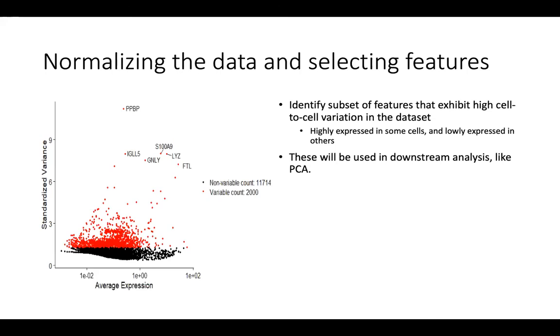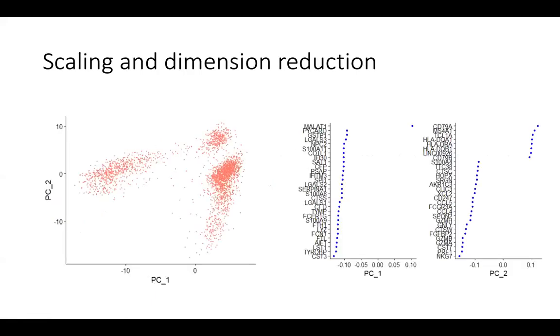So once we normalize, we do feature selection to identify the subset of features that can best explain the data that you're looking at. And this set of features are typically used downstream for analyses such as PCA, heat maps, clustering, and so on. So we typically select the top 2,000 most variable features or 3,000 most variable features. And the idea is, can these top 2,000 or 3,000 genes actually explain the majority of variation that you see